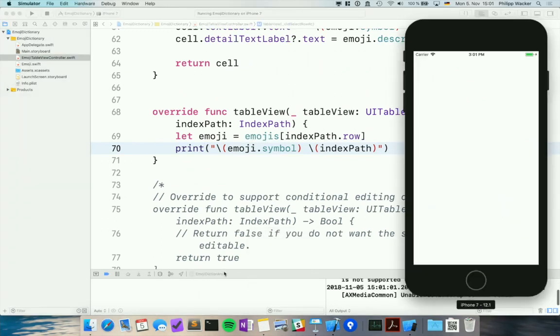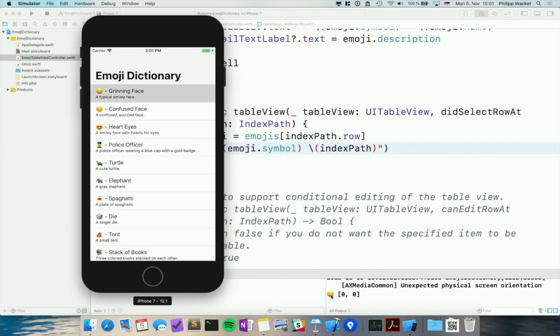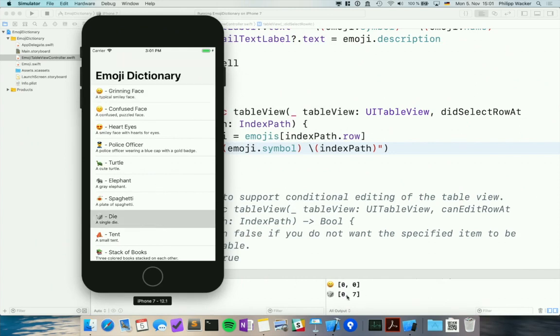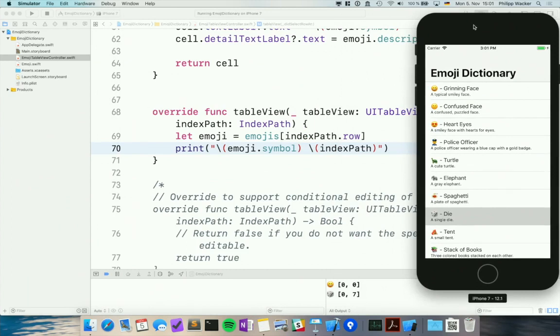That should be all that is necessary to just see when I select a cell here, okay, this emoji has been selected, and the index path has two values, so 0, 0 for the first one, and if I select the die here, well, we only have one section, so the section is 0, but the position then is 7. That is the element that I've selected. So any questions so far for the basic setup, basic usage, and the different delegate or data source methods? All right. If that's all clear,